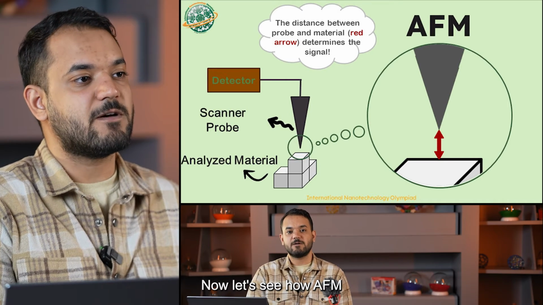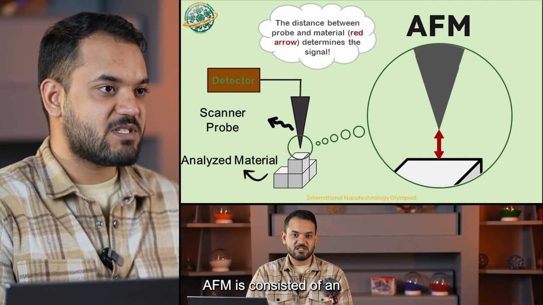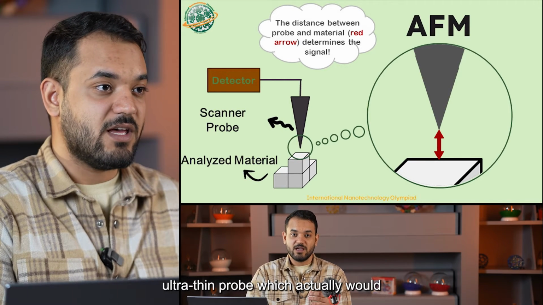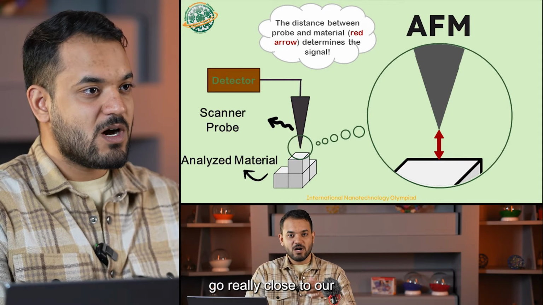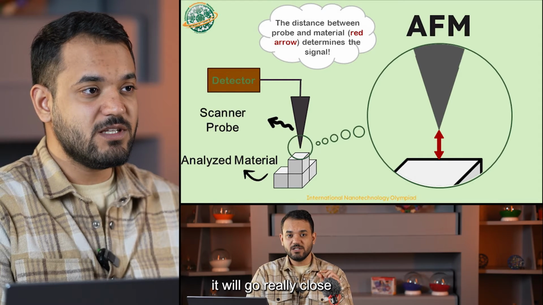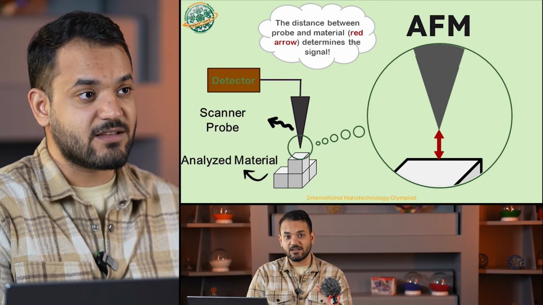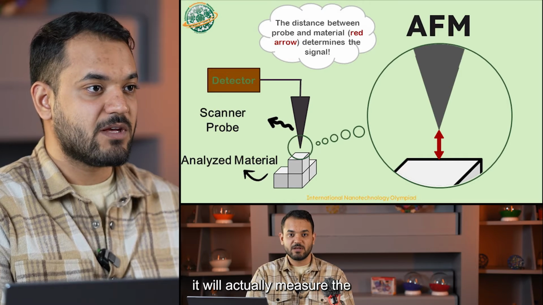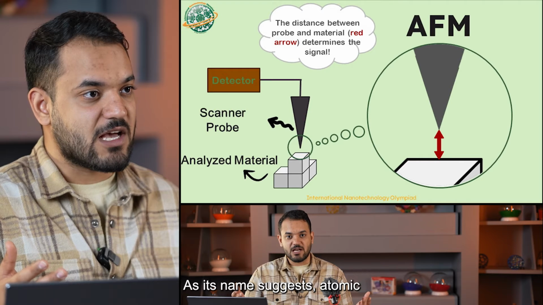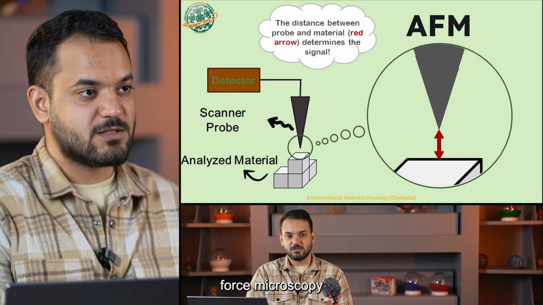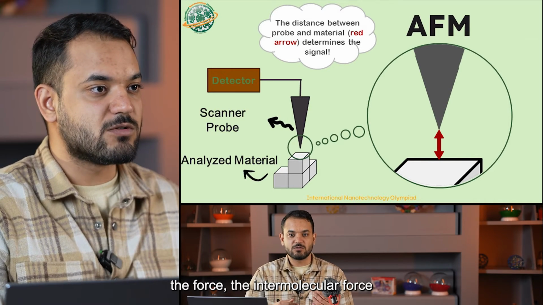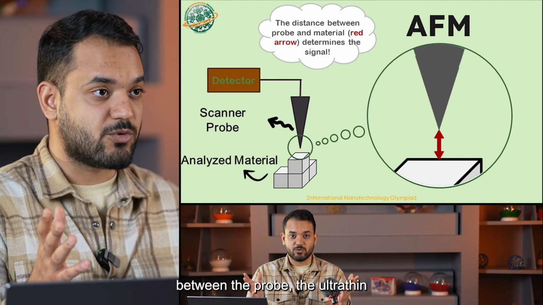Now let's see how AFM works. AFM consists of an ultra thin probe which would go really close to our material surface. It will go really close to our material surface and it will measure the force between its probe and the surface of our material. As its name suggests, atomic force microscopy is a way to measure the force, the intermolecular force between the probe, the ultra-thin probe I talked about,